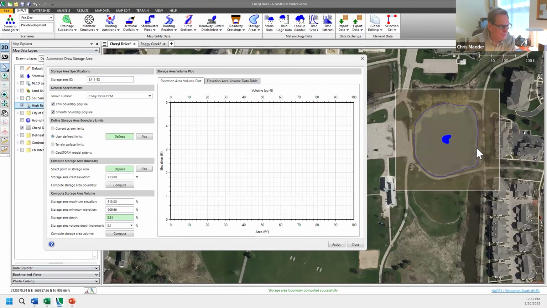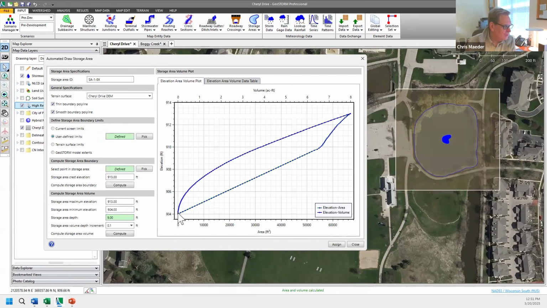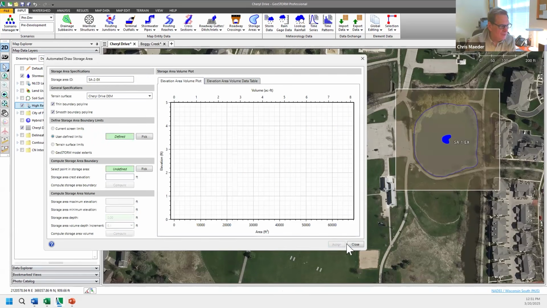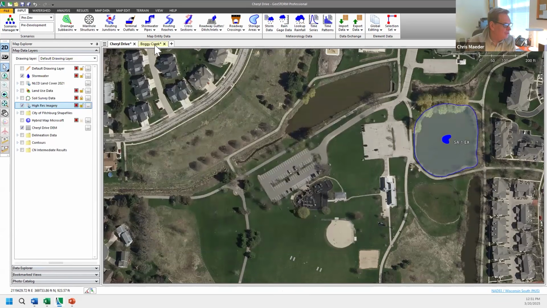And so now we want to also compute the volume for that pond. Now it's only going down to 909.66, but I know the invert of that's at 904. So I'm going to choose that, hit compute, and it's going to go and linearly interpolate from 904 to 909.66, and then using the terrain surface from that point forward. Hit assign, and that's set up, right? So easy enough to go and set up these